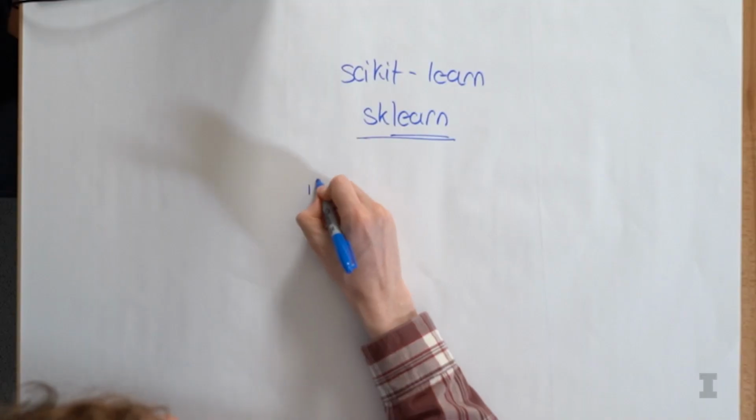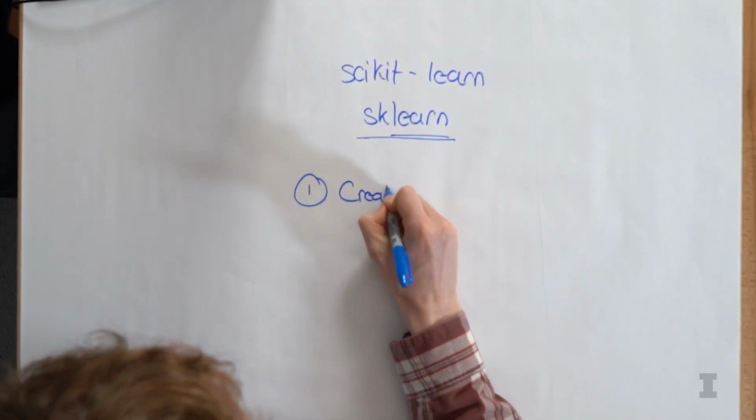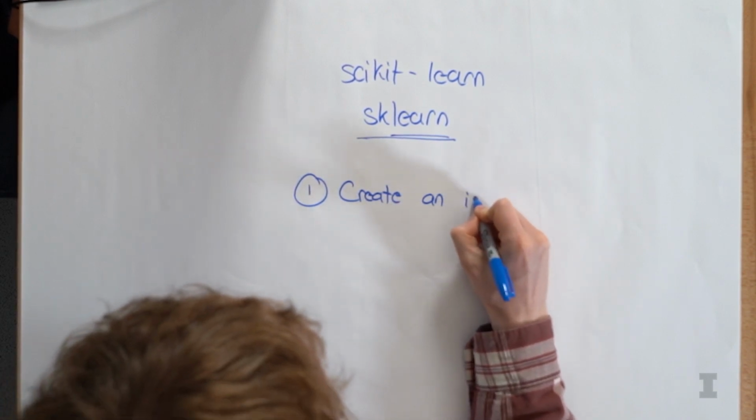Here's the learn part of the sklearn. And all sklearn machine learning modules have the same basic framework. So once we understand how to use them, we're going to be able to use any machine learning algorithm by using the same source code, just replacing the model that we want to use. So the idea behind every single machine learning model is there are going to be 3 steps. The first step is we need to create an instance